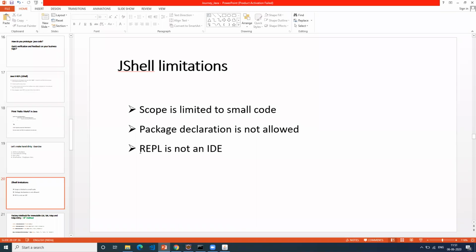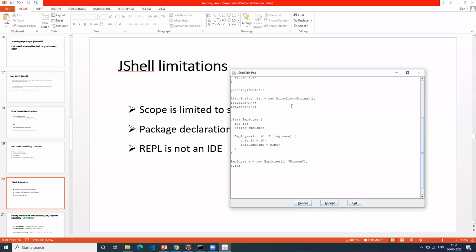What about declaring a package? You can't do that. In Sublime text editor? No, Sublime is just to type your content like this, right? It has nothing to do with Sublime where you compile and execute the code. Instead of this Swing application, you can write the same thing in Sublime text also, or some editor.